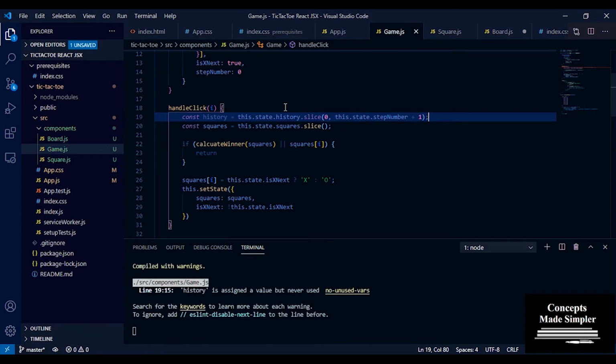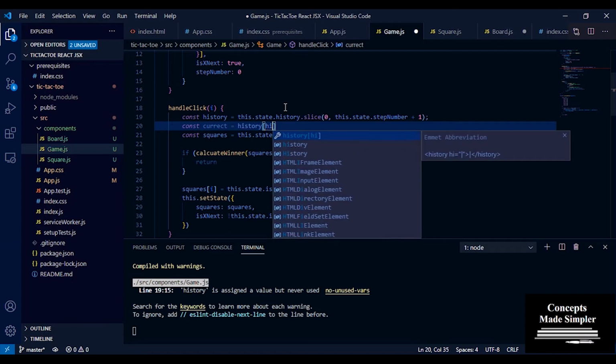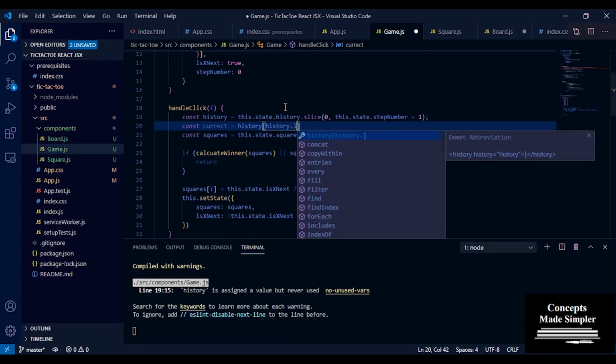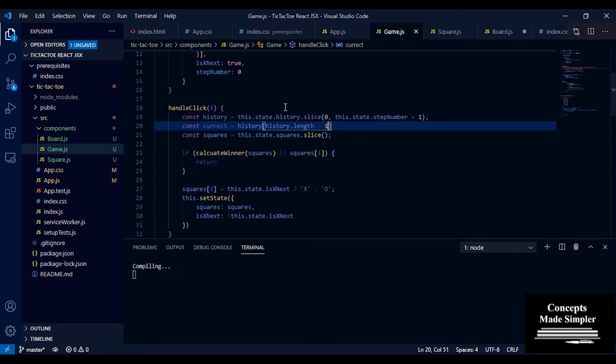Now next we want a const current. What is the current state of the squares? It's going to be history, and from history we pull out history[history.length - 1].